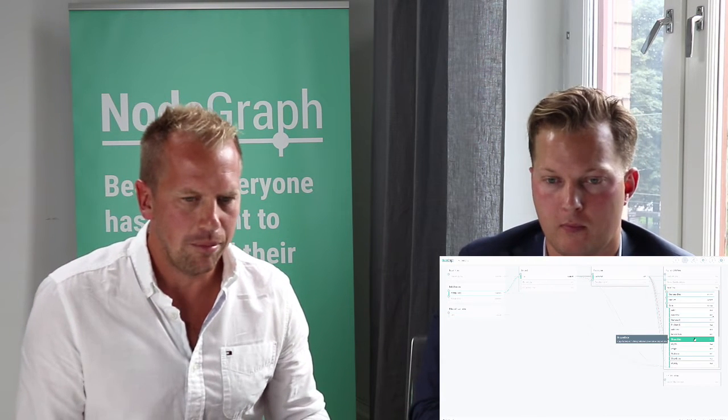For an enterprise, first of all, I don't think the size of the data or the number of applications necessarily correlates to how complex the environment is. But when it comes to enterprise solutions within Qlik and using NodeGraph, if we start with how customers used NodeGraph from the beginning, we were very successful within the BI team. If you know QlikView and QlikSense and you see NodeGraph, you should have NodeGraph. You know that there is no other way of understanding the lineage within your environment. So that's a no-brainer.